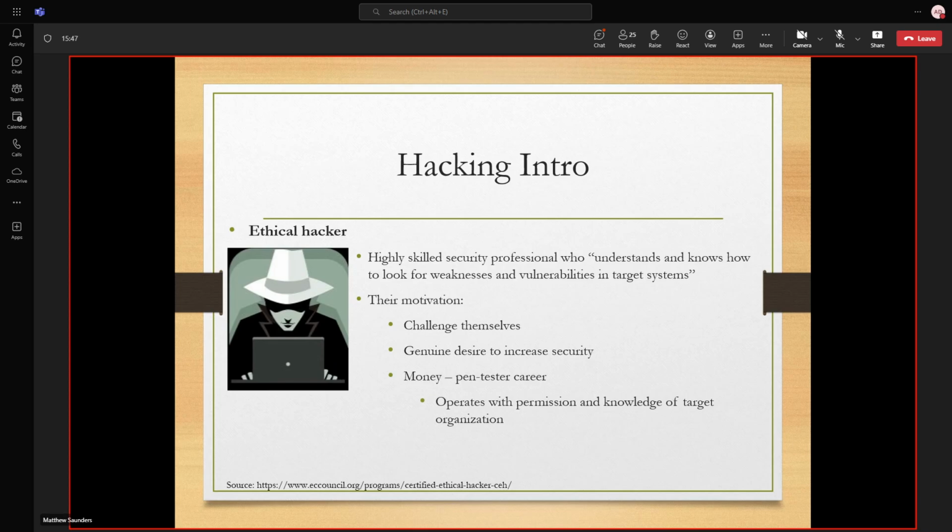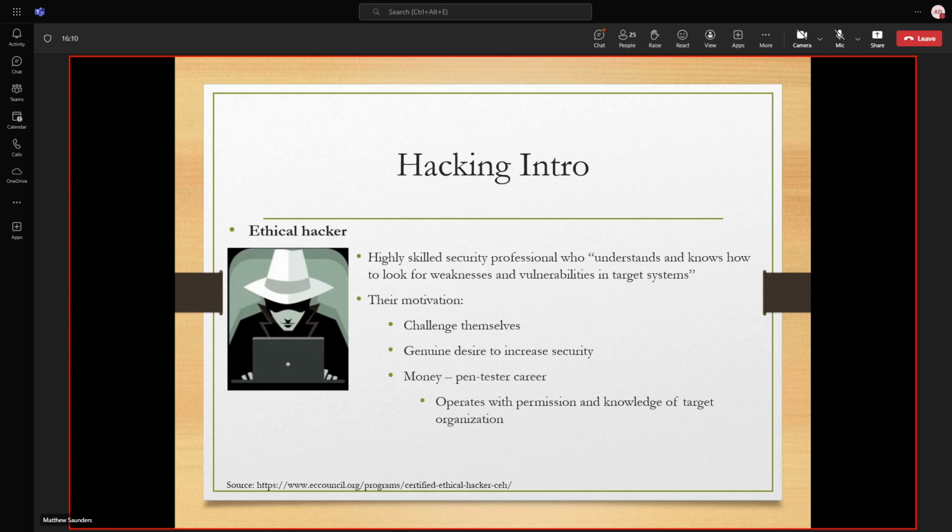Their motivations are very similar to black hat hackers. In fact, many of them started out when they were young as black hats and then matured into ethical hacking. It's kind of the kids being kids thing, up to a point, right?